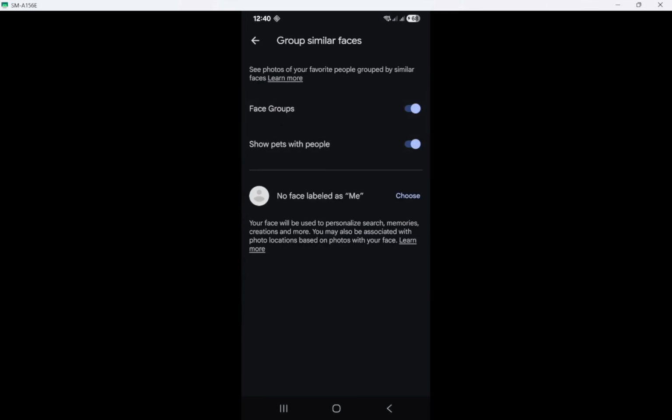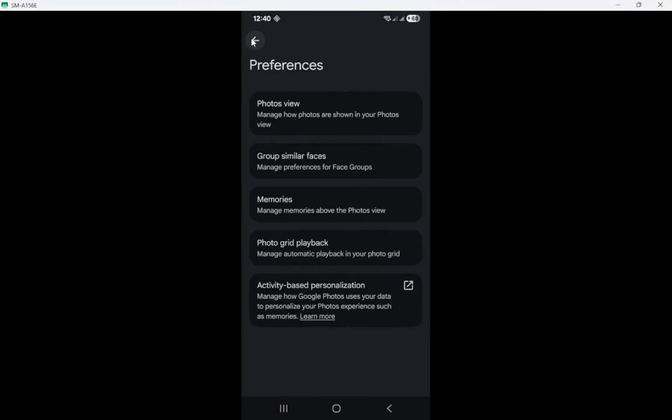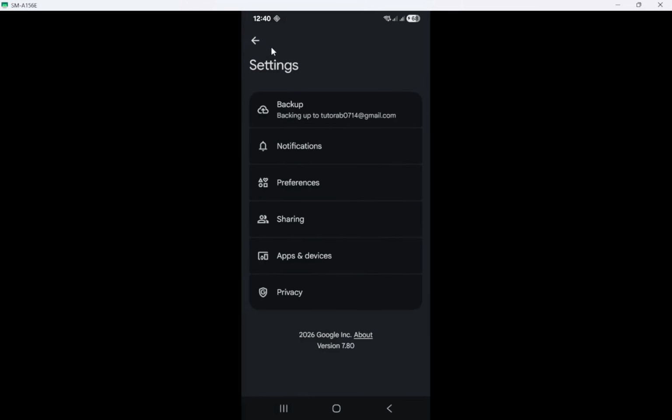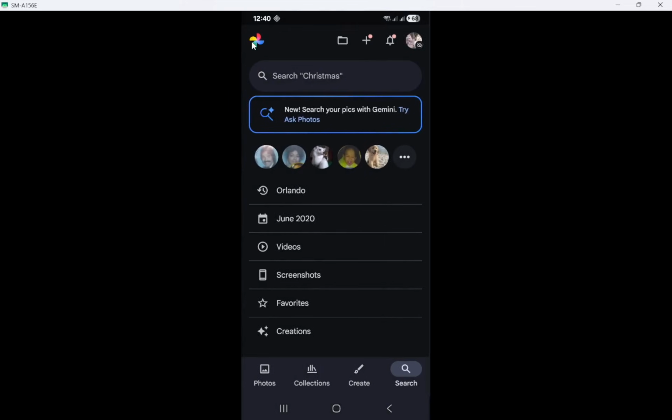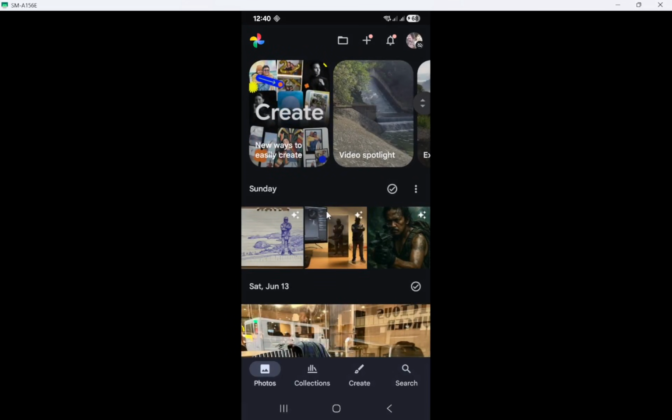Remember, you can only search by name if you've already named the face group. Without a label, the app won't know which face you're trying to find. So take a moment to name each face group as you go along. With these steps, you can effortlessly search through your photo collection using facial recognition. This feature not only saves time, but also brings a level of organization to your digital memories that is truly invaluable. Whether you're looking for photos from last year's vacation or those adorable pet pictures, Google Photos makes it easy.